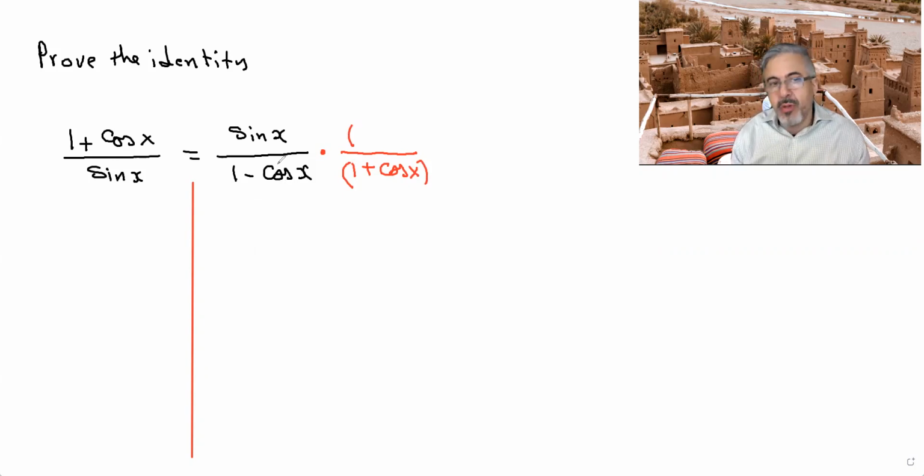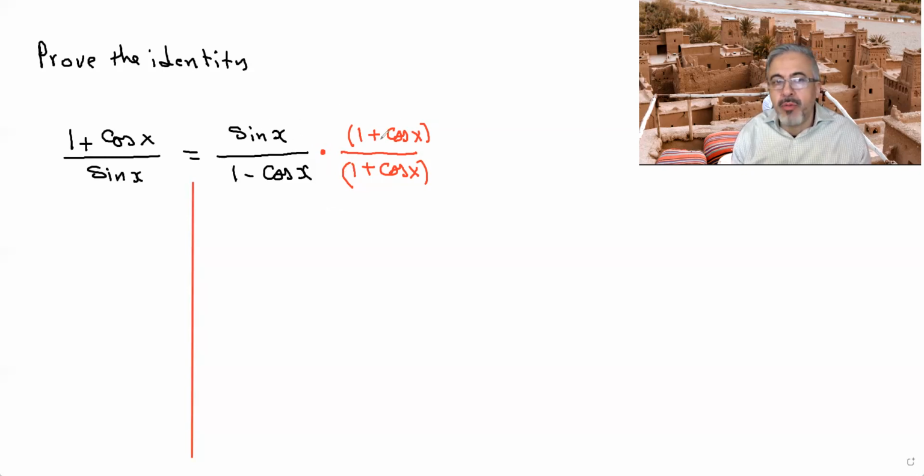So whatever you do to the bottom, you do to the top. So you multiply the top by 1 plus cos x. Why? Because this is 1, and if you multiply anything by 1, you don't change the quantity of this. So it will look different, but the real quantity wouldn't change because you multiply it by 1. So now, when you multiply by the conjugate,